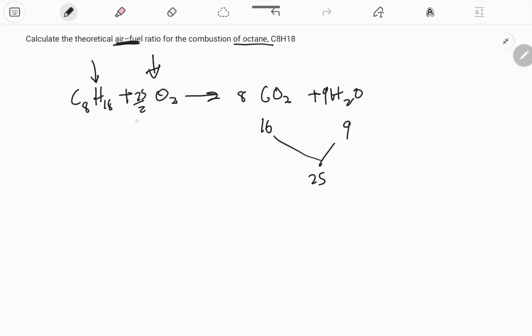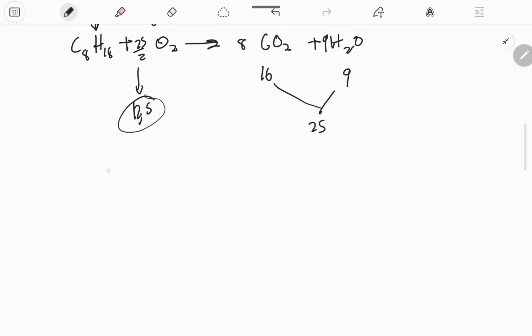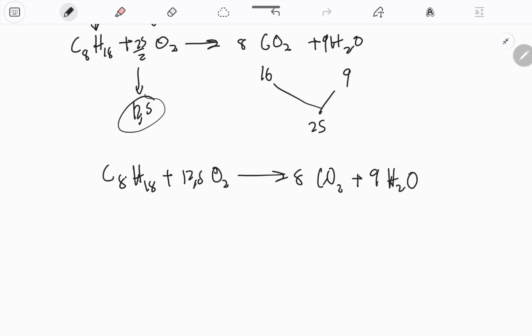25 all over 2, which is 12.5, I think. So whatever, C₈H₁₈ plus 12.5 oxygen should give you 8 carbon dioxide plus 9 water, if that is allowed,